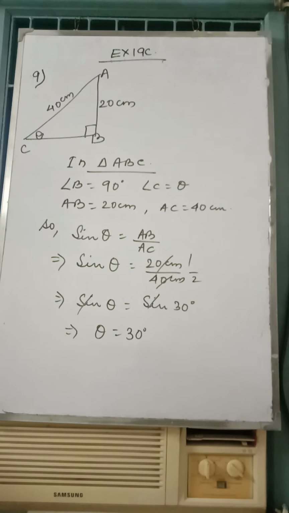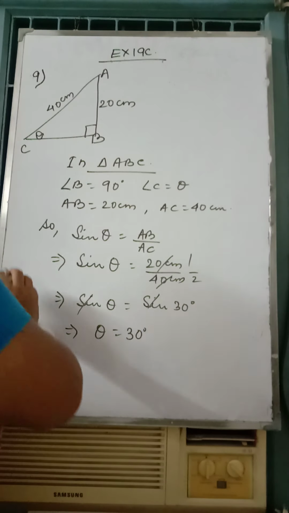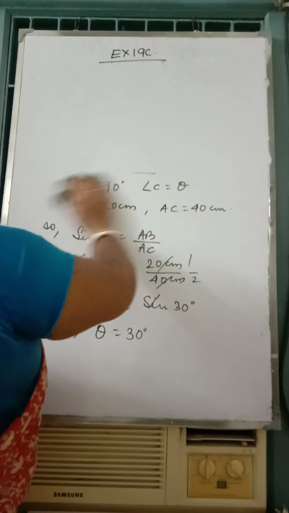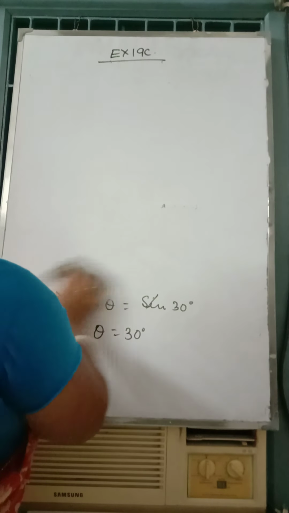It was question number 9. We just need to replace the value with the standard angle. So sin 30 degree is equal to 1 by 2. Is it? Question number 10. It says: without using the tables, solve each of the following triangle ABC, right angled at C. Now triangle ABC is right angled at C.